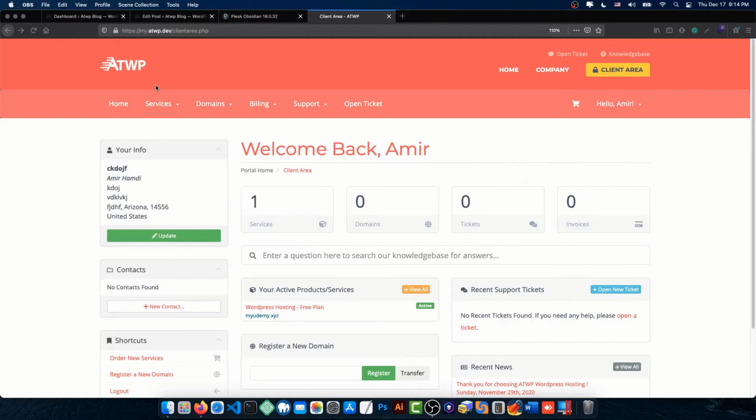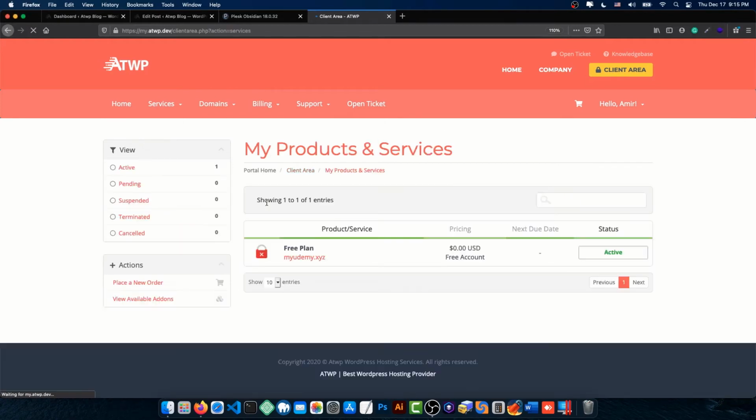In this video we're going to see another method for entering your web hosting control panel, the best WordPress hosting that you have purchased from ATWP. So for entering your control panel, the only thing you need to do is to log into ATWP Dashboard area, and then you can go to your services from here, and then you have your plan which is active, and click on your plan, and then you will see a button that appears